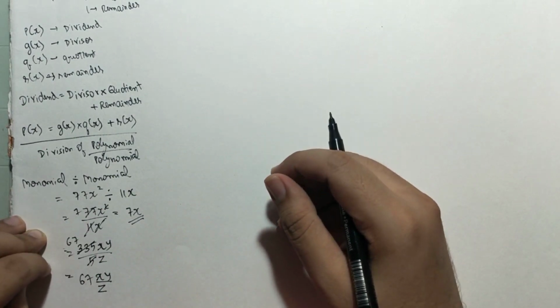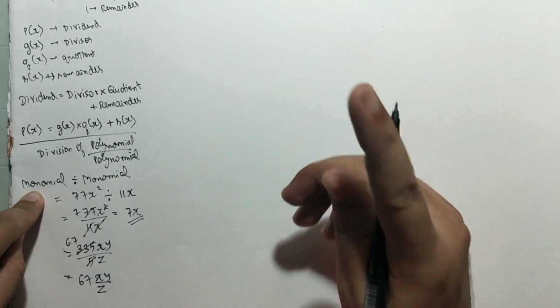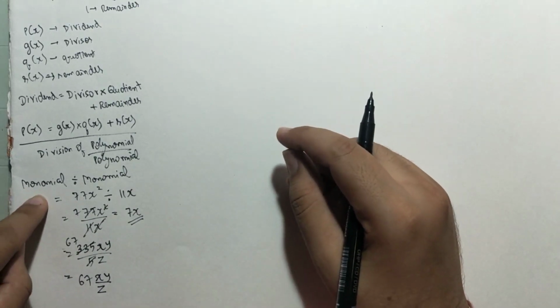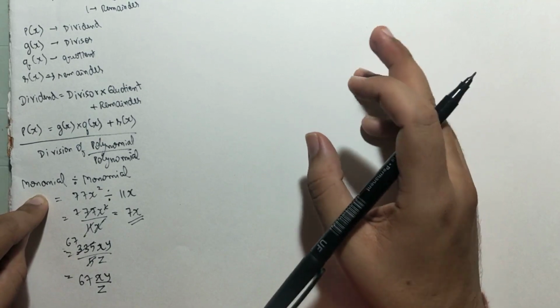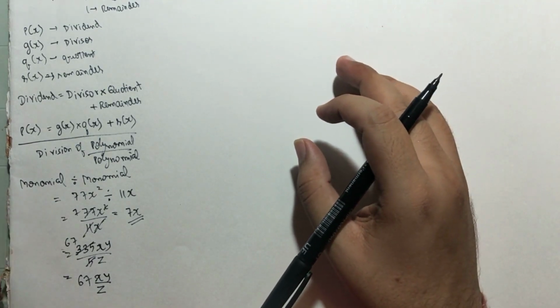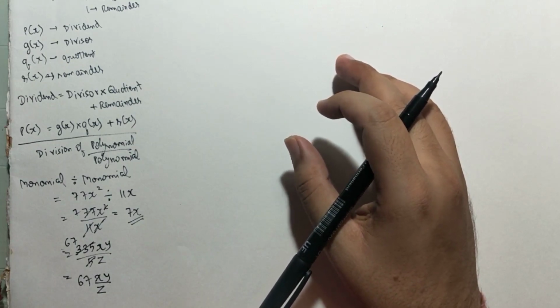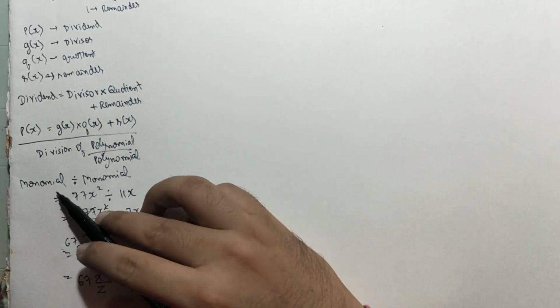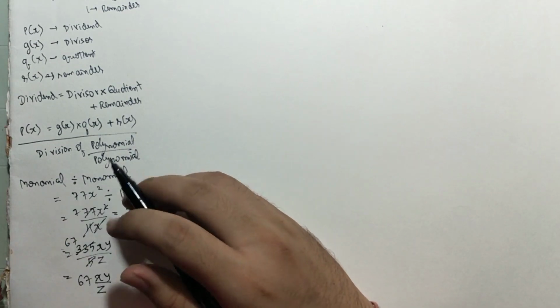Now we will learn about polynomial divided by monomial. See, a monomial is not known as a polynomial. I have explained this in the last video also. A monomial is a monomial. If you have not gone through that video, please go through the previous videos of this chapter. There is a general video on polynomials, so go through that video and you will understand what is a monomial and what is a polynomial. So monomial by monomial you understood.